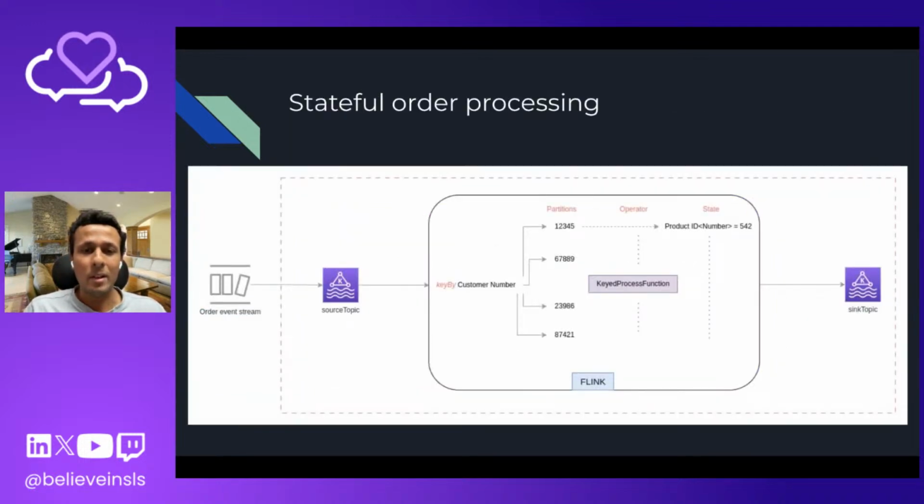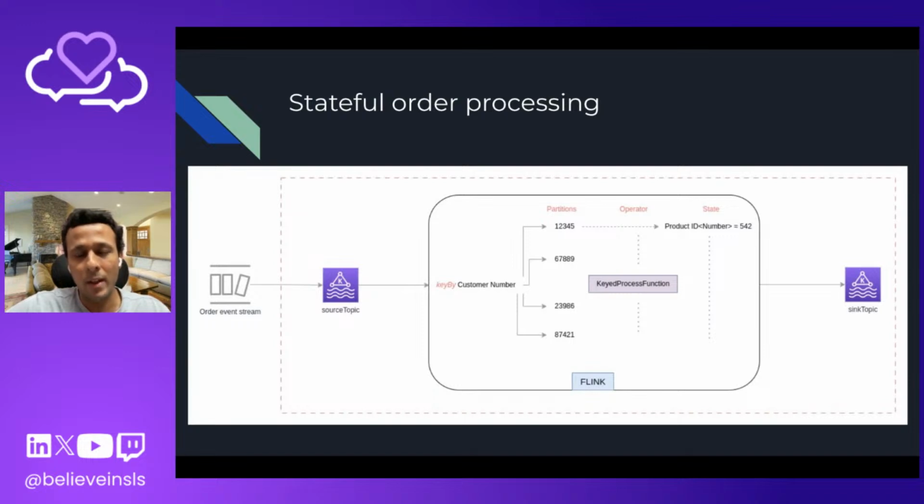I know it seems like a lot of information to process in the span of a few minutes, but just to help you understand things a little better, I'm going to talk about the order processing use case again. So you have your event stream coming in. Kafka is your message broker, which is helping you pass messages between your systems, and Flink is the consumer of one of the topics that you have created. So when those events come in,